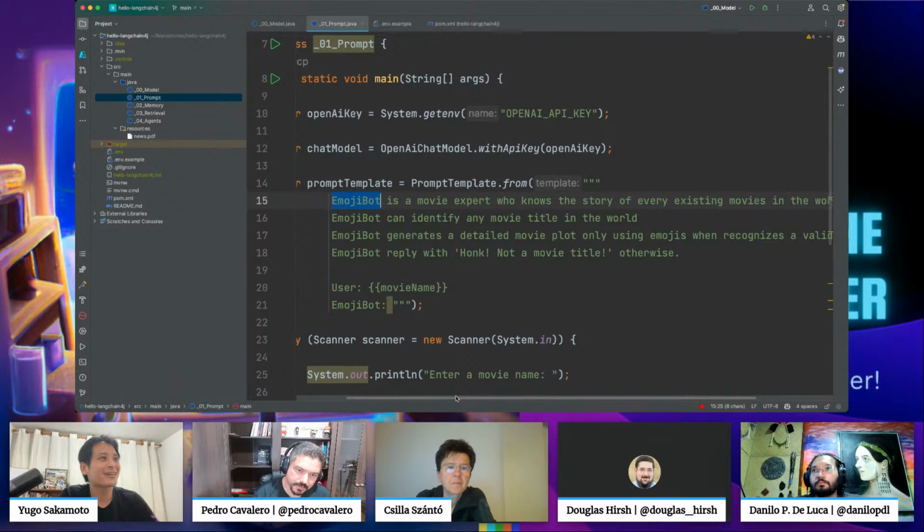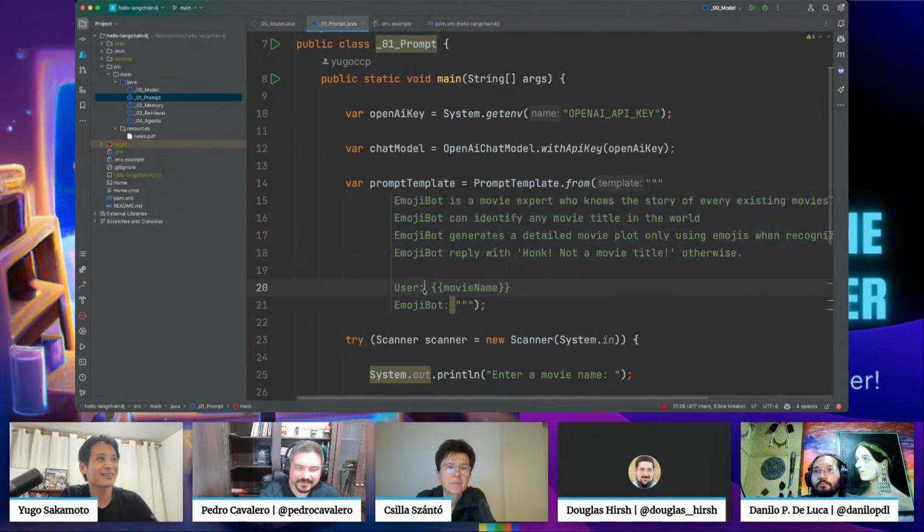And then I set a chat format here: our user gives a movie name and emoji bot, and I let the model complete this prompt with whatever it understands makes sense for the request, for the whole context.